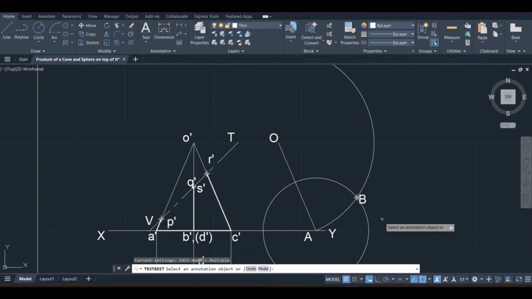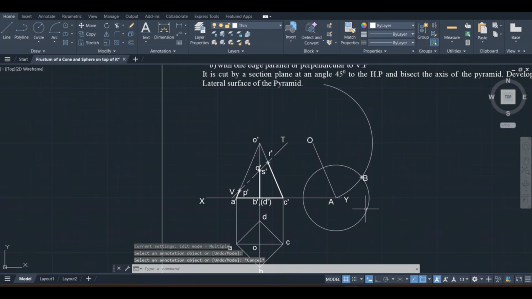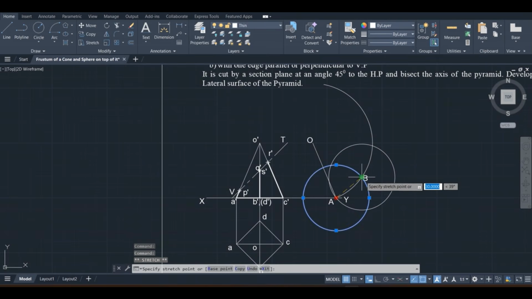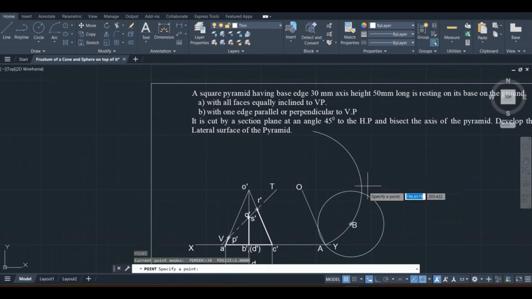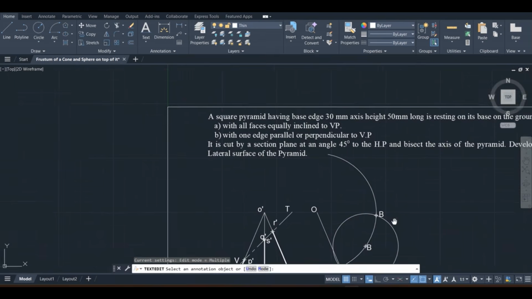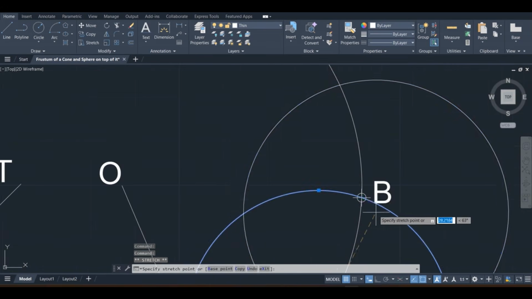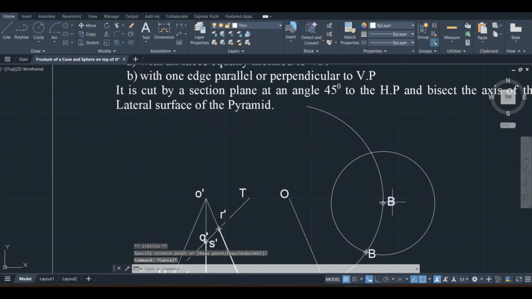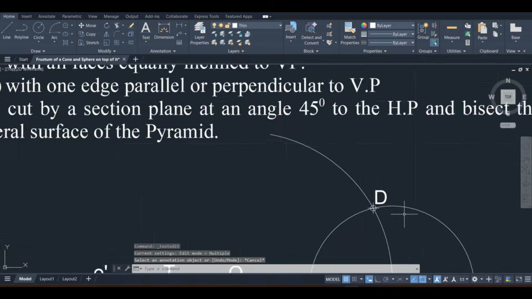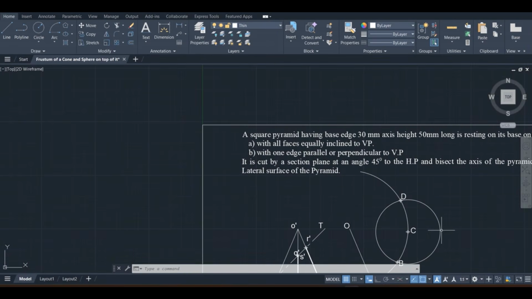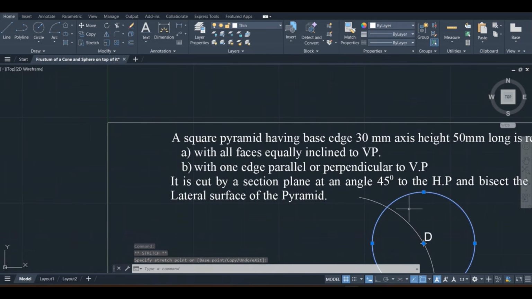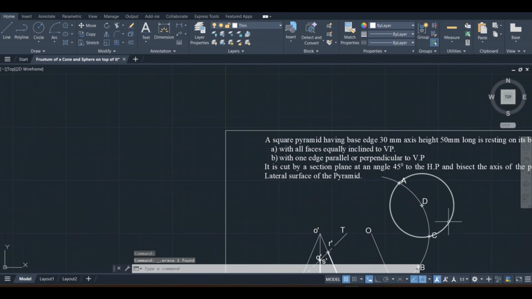Next, from B to C, 30 mm again. So move the circle center from A to B. Now change the circle center from B to C. This is C. Now this intersection point is D. Now move the center of the circle from C to D. So mark one more point as the last point A. Starting point and ending point will be A. Now delete this circle.